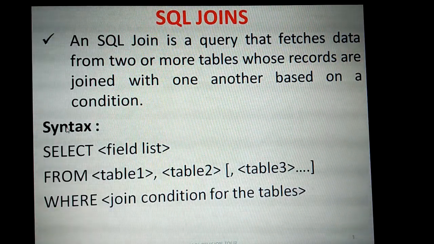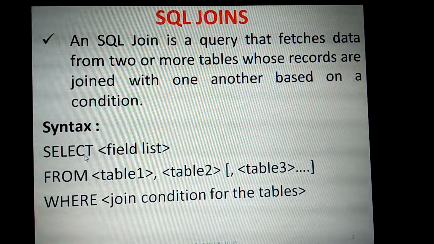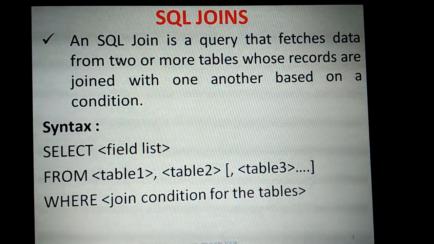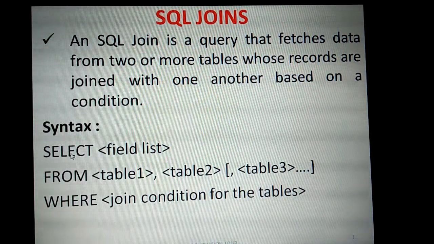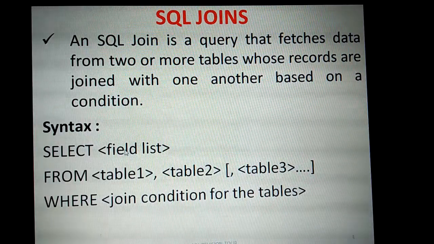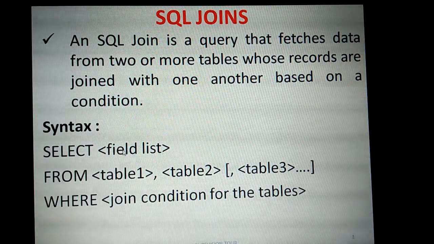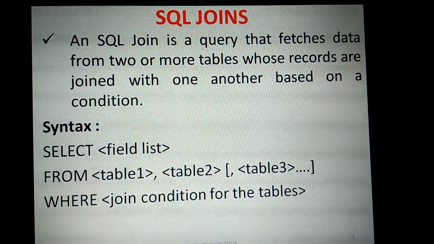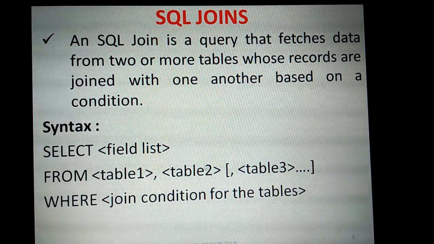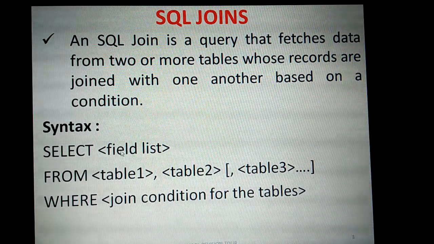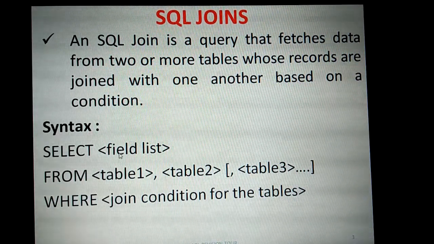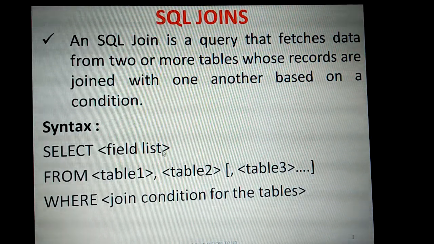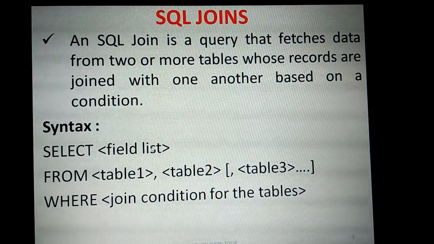So this is the syntax for SQL join. We need to use the select query, the select command, which is one of the DML commands. This command is used for applying the SQL join. So select field list: we need to give the column names or attribute names, which are known as field names. Then from which tables? Table 1, table 2, table 3, like that n number of tables you can give here. From these tables you can take the field names. From table 1 you can pick any column name, from table 2 any column name, and from table 3 any column name, or multiple column names from each table.